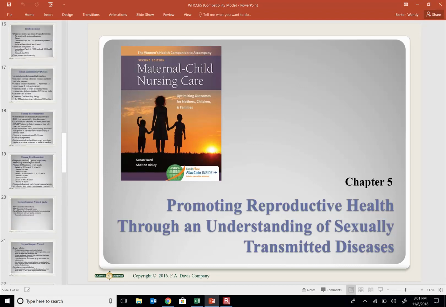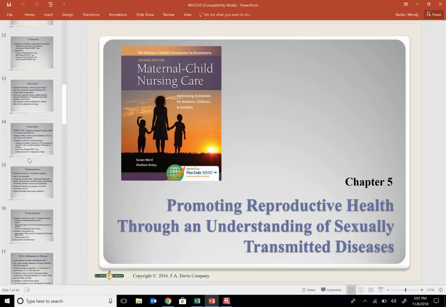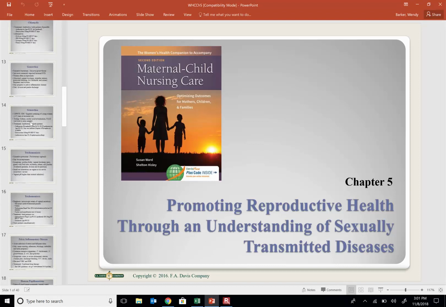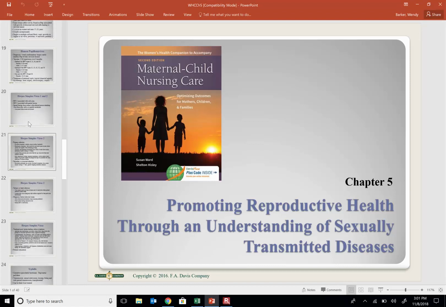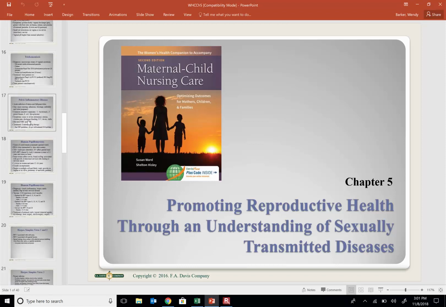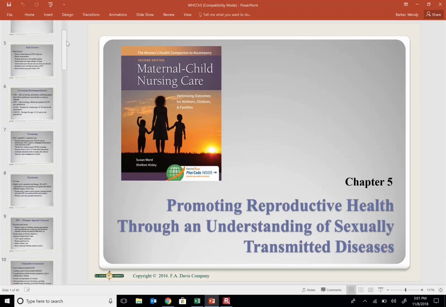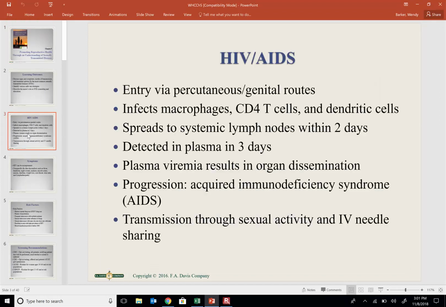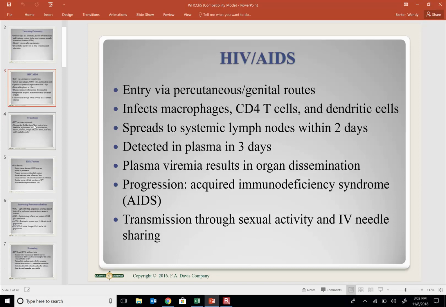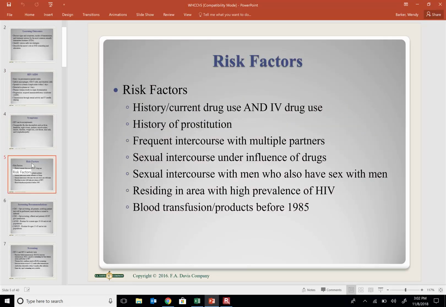So the main STDs, chlamydia, so I'll just read my notes, but these main STDs, pelvic inflammatory disease. I want you to know. Okay, this is what I'm going to do. So HIV and AIDS, so you can just review this information. Risk factors,